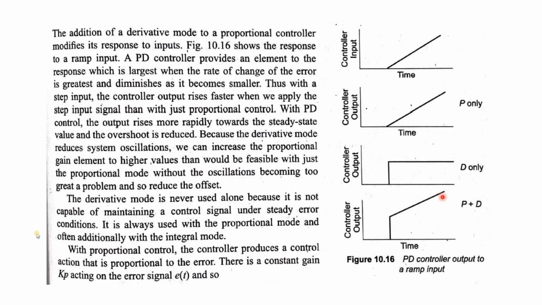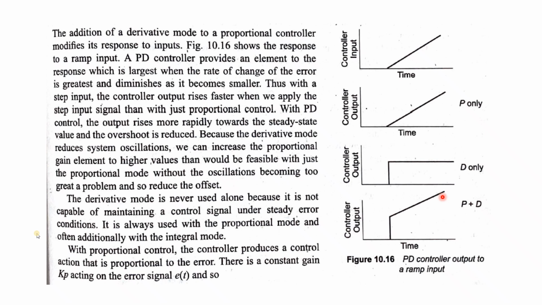So what is the significance or practical explanation to this? See, derivative controller means the control signal, here also it will produce some gain, but the control signal which is producing, it is not proportional to the error, it is proportional to the rate of change of error, which was lacking in the proportional controller. Because the proportional controller, the gain signal from the controller was only proportional to the error, but for the derivative controller, the gain signal is proportional to the rate of change of the error.